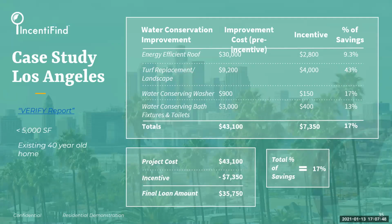All right, so let's say, for example, you had a customer come to you looking for a loan, and they're saying, hey, we want to look at doing these particular kinds of projects. So maybe it could include an energy efficient roof along with these other water saving improvements in their property. So let's say in Los Angeles, we did this for a home that's maybe less than 5,000 square feet in size, but it's an existing home that's already 40 years old. So let's say they come in with these kinds of projects and they recognize that the total cost will be around $43,100. But with the incentives that you can get from the type of project listed here, you'll be able to get about